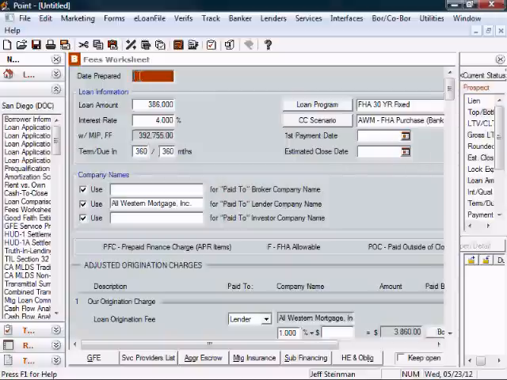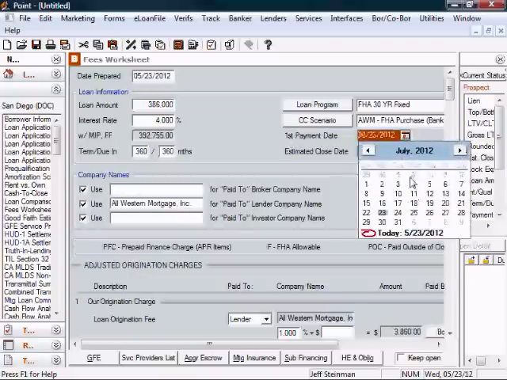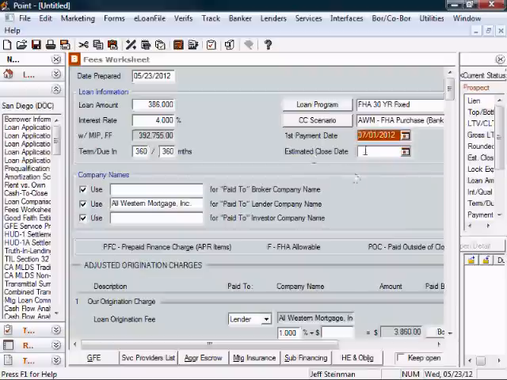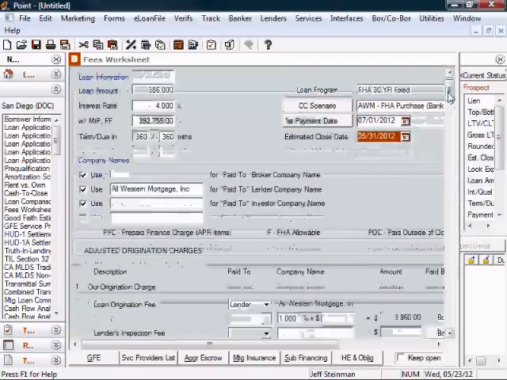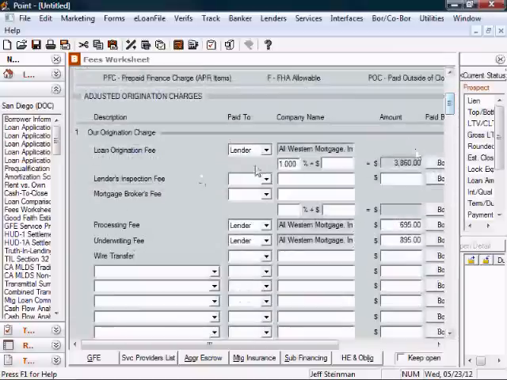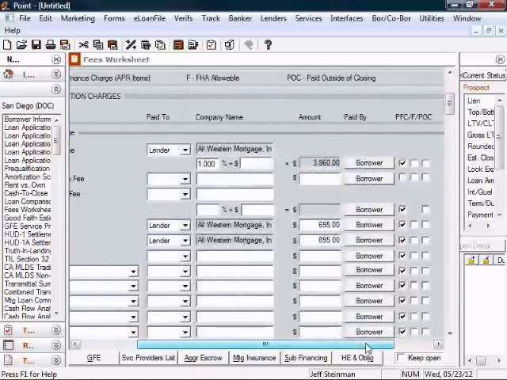First field is date prepared. I'm going to go ahead and put today's date. We're going to move over to first payment date and also the estimated close date. So as we scroll down, you'll see that a lot of the fees are already populated, as well as any